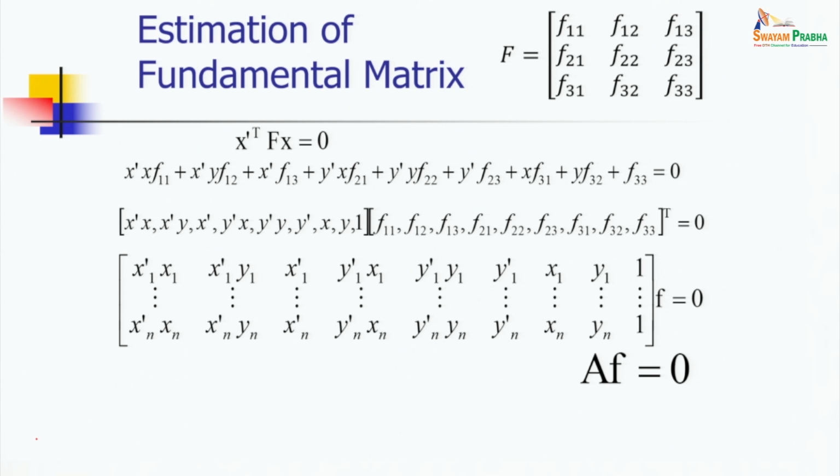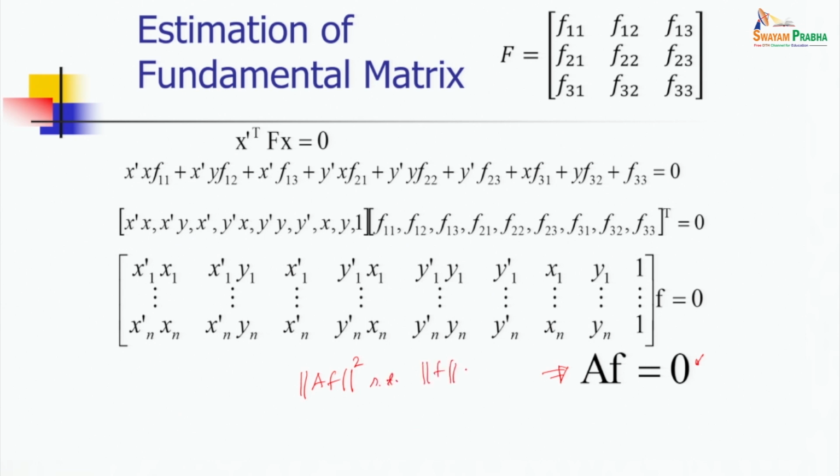As you can see, the whole thing for the n observations, the pairs of corresponding points, I will write in this equation. So again it will give you a set of linear homogeneous equations, because this side is 0. And the way we have solved these conditions, we can obtain f by minimizing this norm, Af. By minimizing this norm, we can obtain f such that